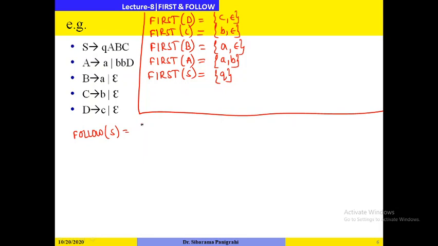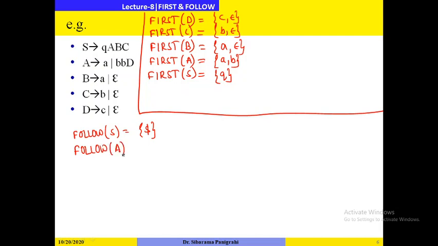So follow of start symbol will contain dollar. Okay. So there is no production which contains S on the right hand side. So follow of S will be dollar only. Now we will compute follow of